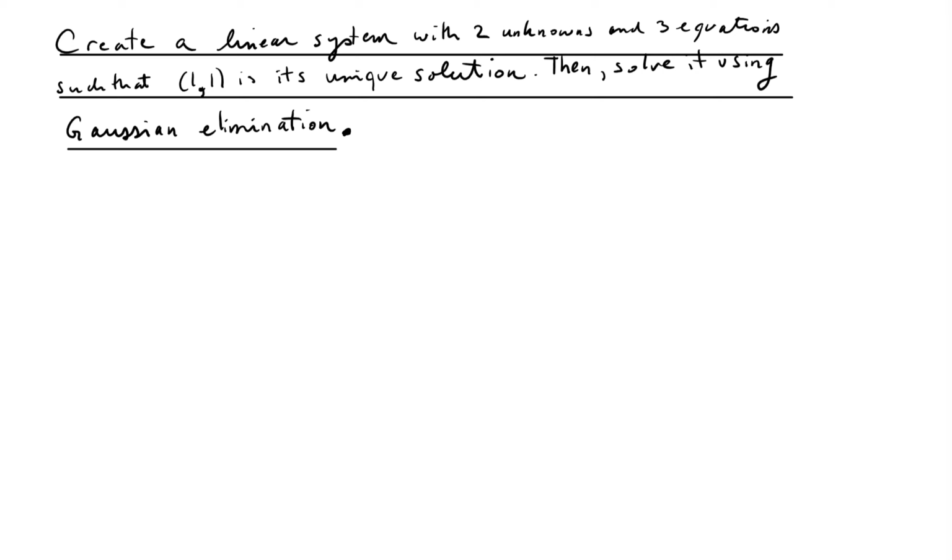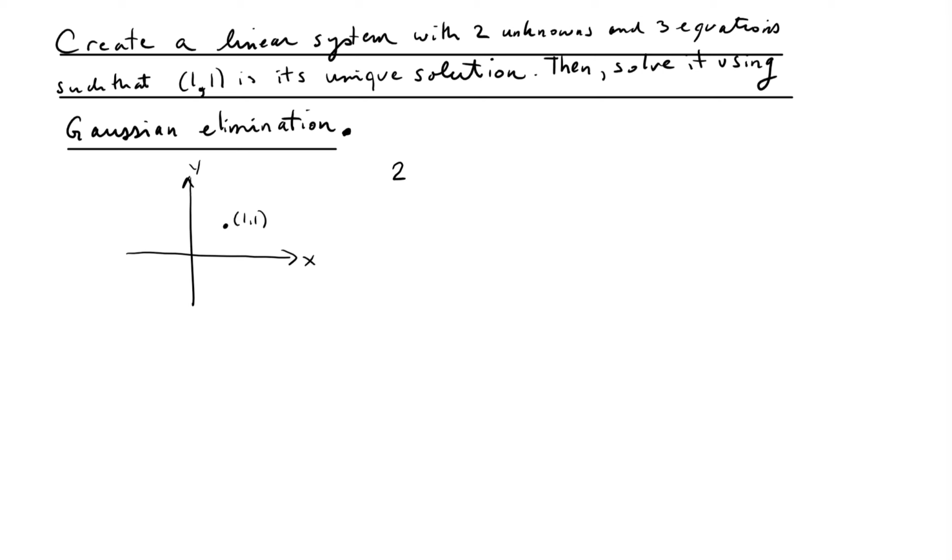So we have two unknowns, so we need to create this system, right? We can think about the fact that we're in R2, right? There's x and y, those are my unknowns, and (1, 1) is going to be the solution. So what I'd like to create essentially are two lines that intersect at (1, 1). So how can I do that? Well,